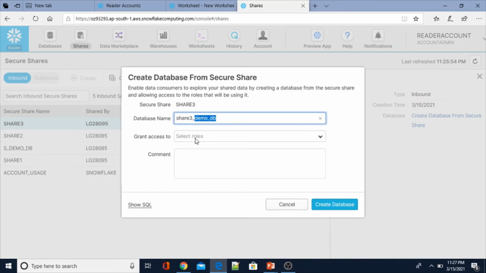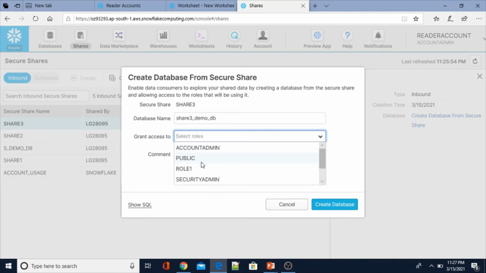Here you can select any role. Currently I'm going to select role 1, or else public. It could be one role or multiple roles, whatever it may be. Then I am going to create the database.